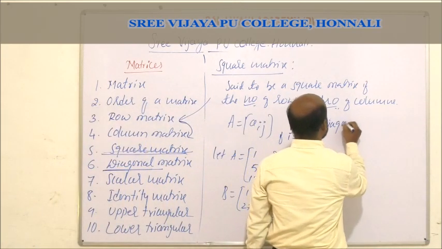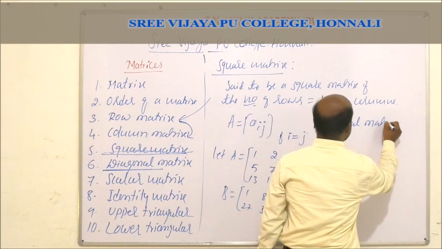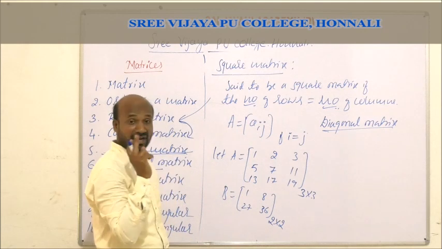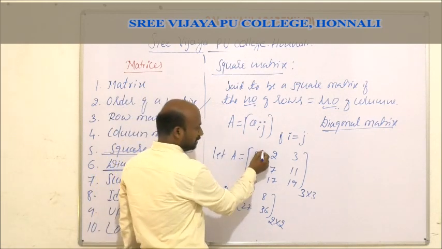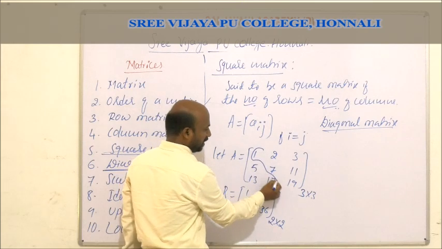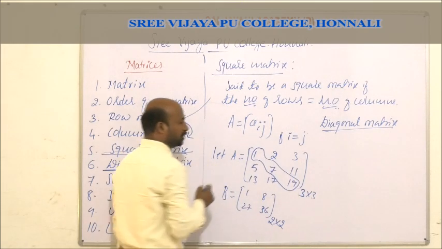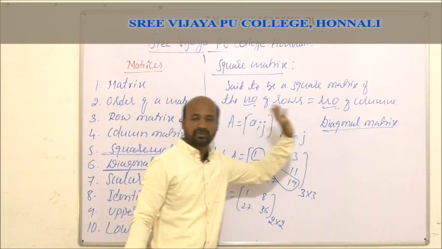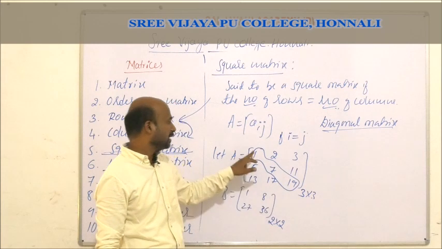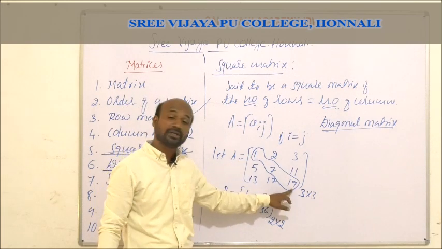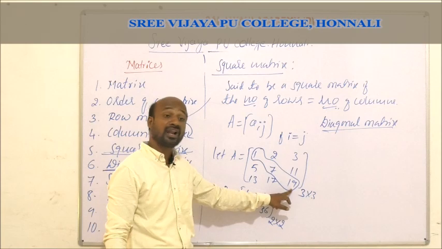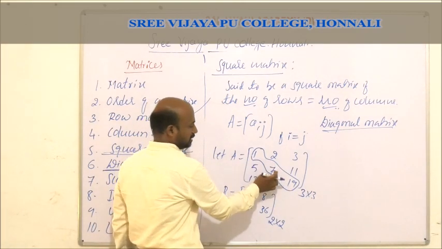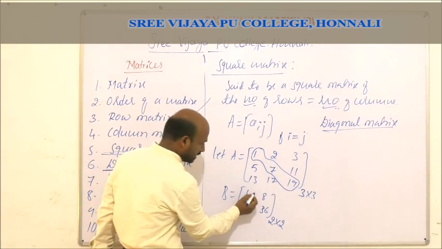Diagonal matrix. Before defining diagonal matrix, we shall discuss the diagonal elements. Diagonal elements means in a square matrix, the elements from left top corner to the right bottom corner. To define a diagonal matrix, we need to know the diagonal elements. So in a square matrix, the elements from left top corner to the right bottom corner are called the diagonal elements. So in this case, the diagonal elements are 1, 7, 19,